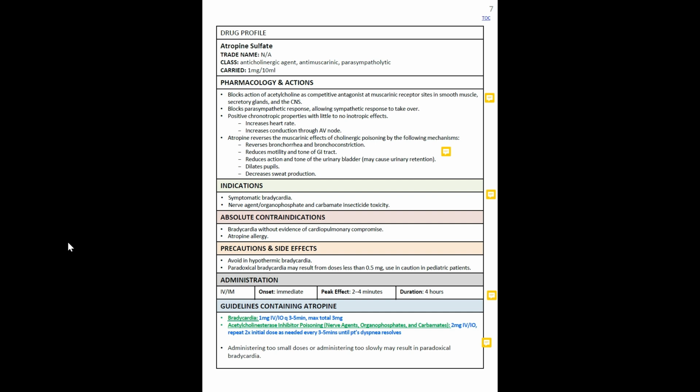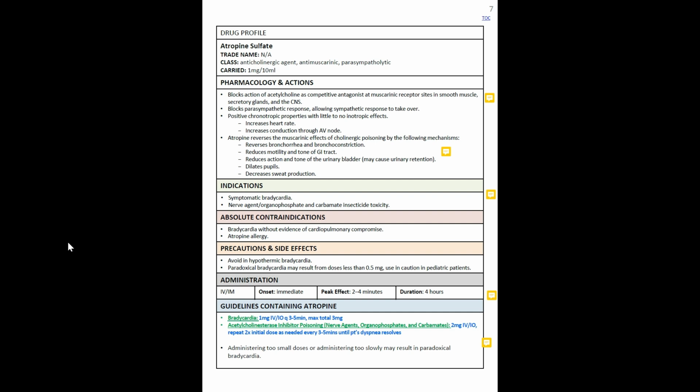Remember, the two parts of your autonomic nervous system is the sympathetic nervous system and the parasympathetic nervous system. So you have your sympathetic side, which is your fight or flight, and your parasympathetic side, which is your rest and digest. Atropine works by basically blocking the parasympathetic side, allowing the fight or flight or your sympathetic tone to take over. Okay, so some of the things that we could see when this blocks or takes over is this: